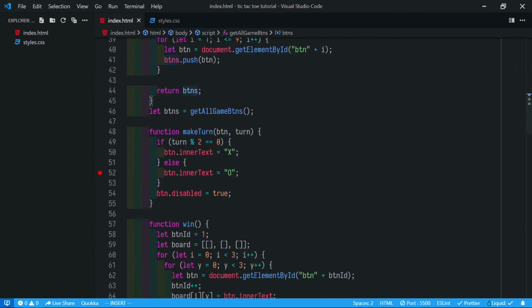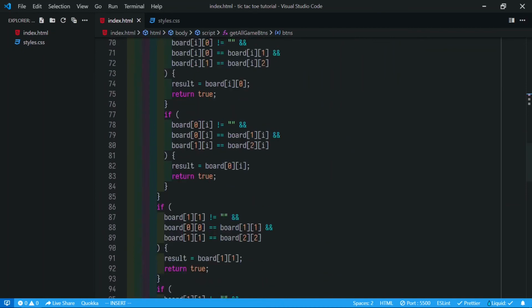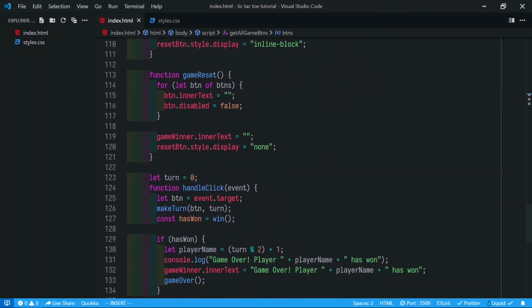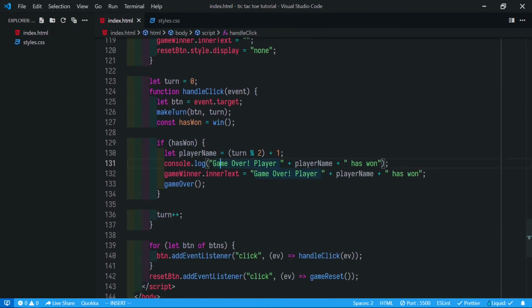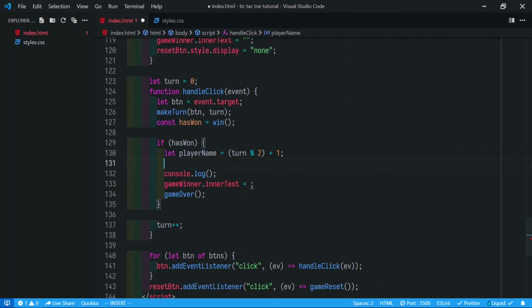So one thing we can do is, instead of using this, let's first make it a variable, message, and paste it here.